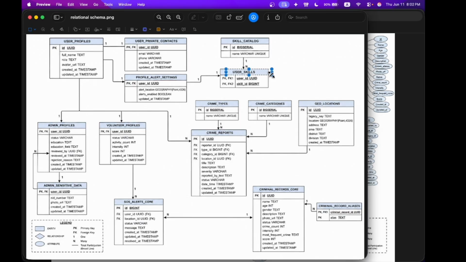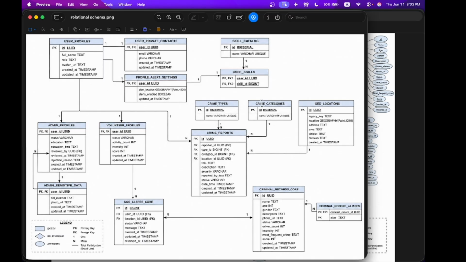We can set our skill in the setting, and from skill we have skill catalog. Same as these, from user we have admin profiles and volunteer profiles, and a user can make crime reports. So here is a connection between user and crime report, and